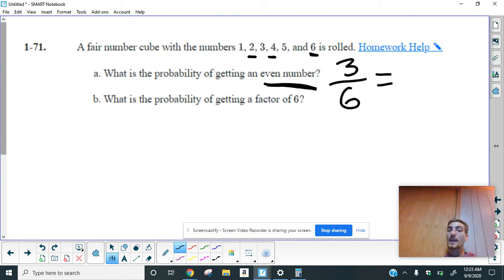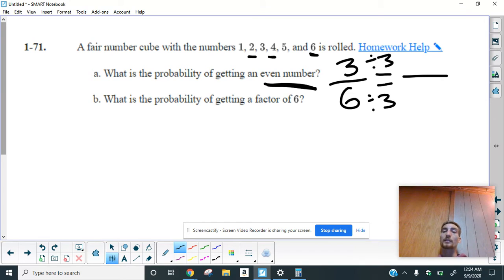And now I'm looking at, can I simplify this? Well, is there a number that goes into both 3 and 6? Yes, there is. That would be 3. So if I divide both of these numbers by 3, I'm going to get 1 up top and 2 on the bottom. And so my probability of rolling an even number with a dice would be 1 out of 2,